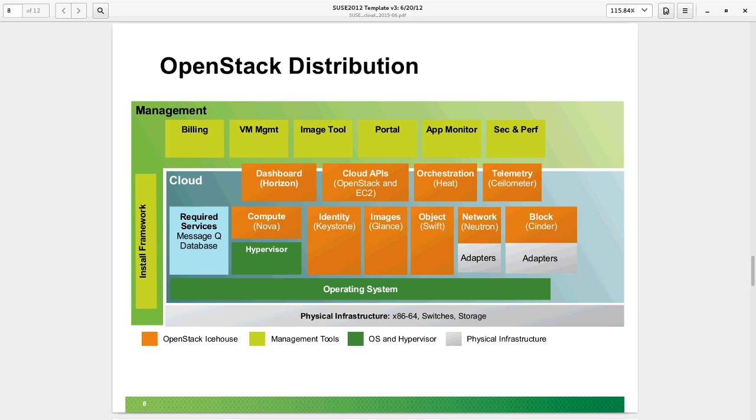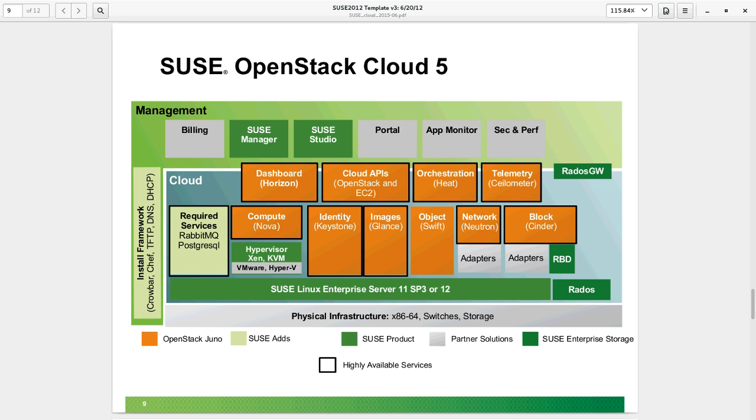And the whole idea is you need to have all this wrapped together. It has to be installed in a very specific, precise way, which is why we deployed our framework that Cameron was demoing. And so what we did was when we came out with our Souza OpenStack Cloud, right from the beginning, we had the installation framework on the left-hand side of the slide that Cameron was talking about, and then we deploy all of the functions, and have it configured to work with certain sub-packages like RabbitMQ, PostgreSQL.